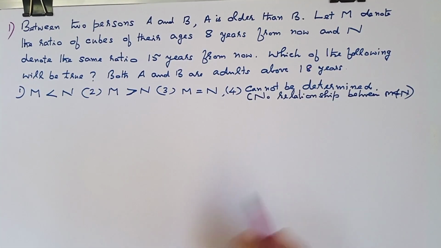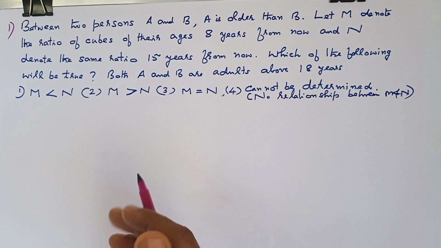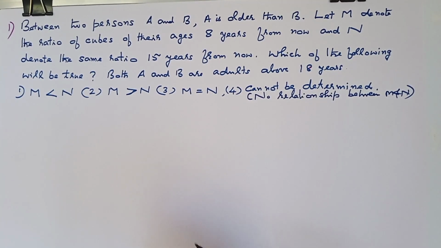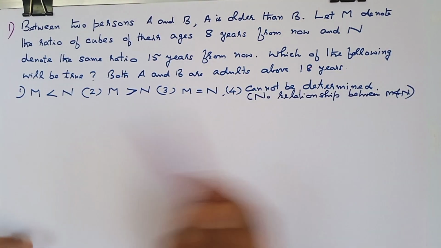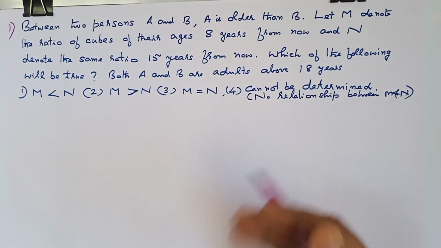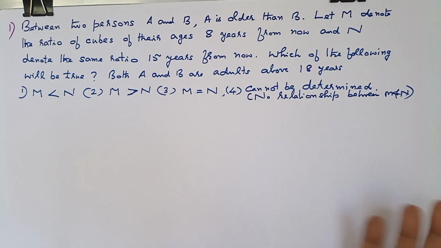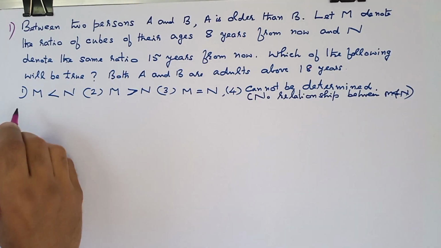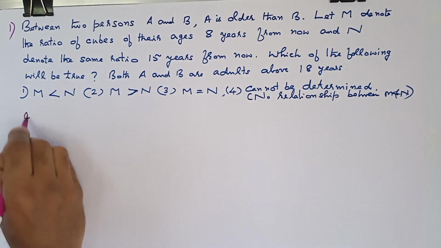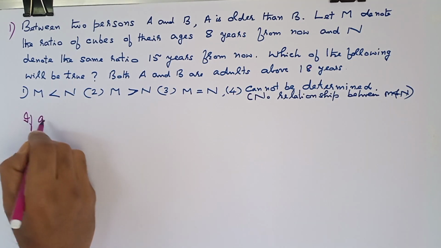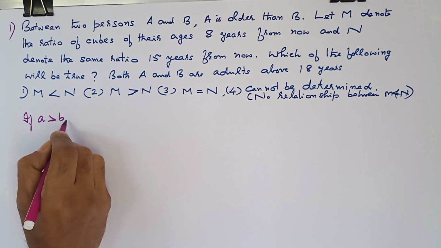This is a slightly tricky problem. To solve this problem faster, we need to recall an important result I had gone through in the basics on ratio and proportion, which I have already covered in another video. The video link description is given below for your reference. The result is this: if A greater than B,